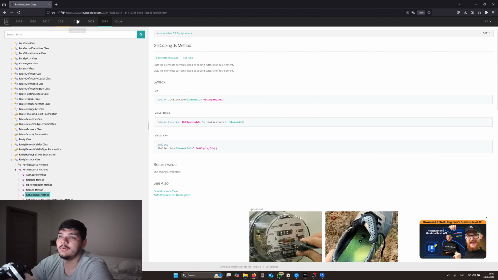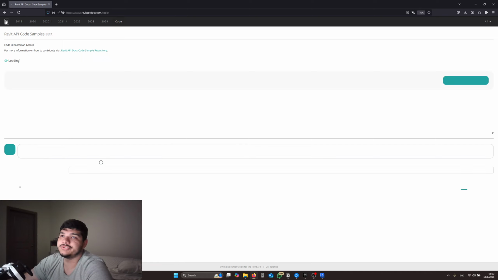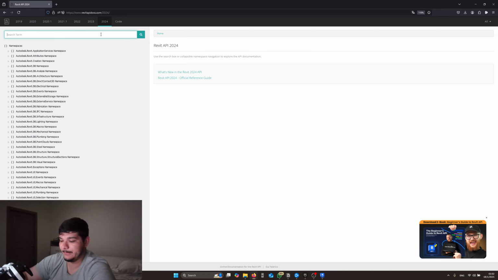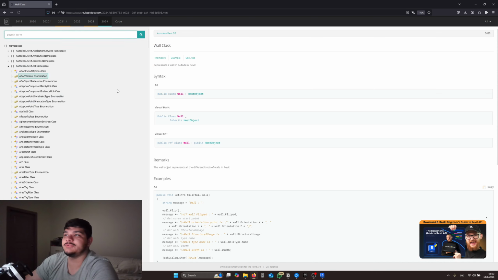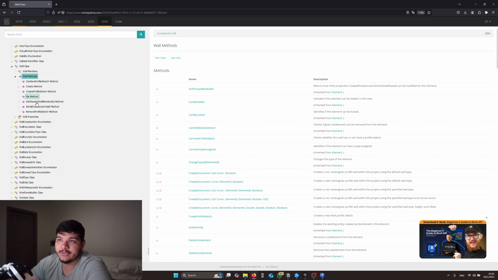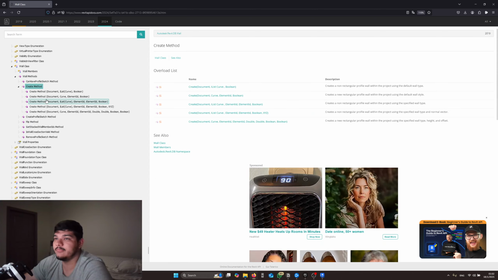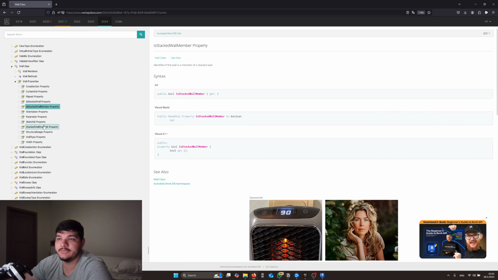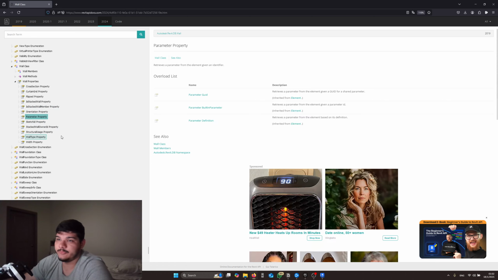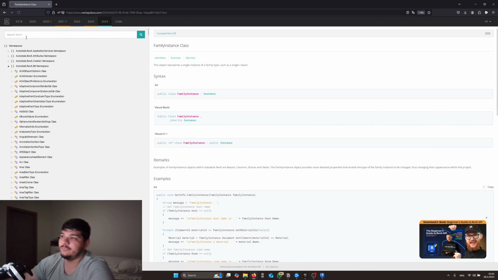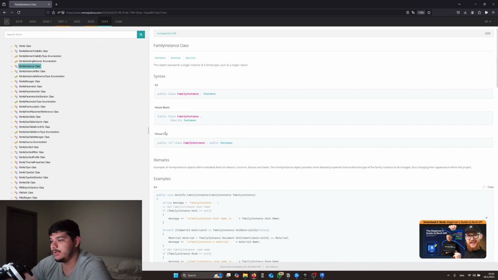official Revit documentation, which should open like this. You can go to the version of Revit that you are using and look up objects such as walls, and you will find that different objects have different methods, like the Flip method, the Create method, and properties like the Flip property, IsStackedWallMember, the Parameter property, or also the FamilyInstance class, which belongs to many elements like columns